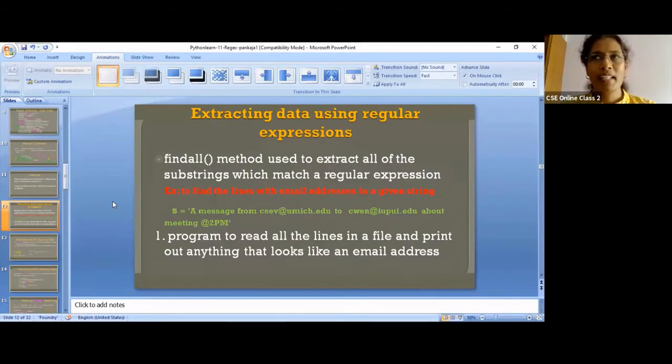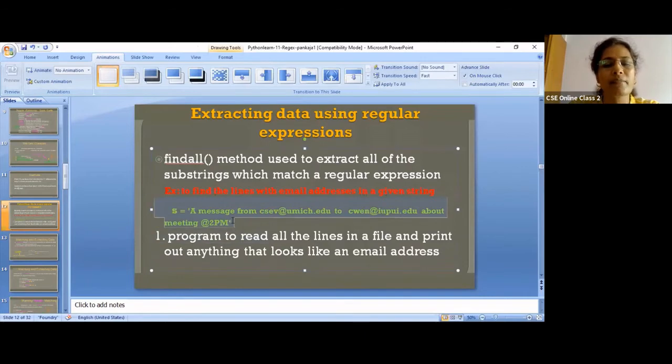Till now, what did we see? We have used the search method, where you can search, find it and display, right? Now, what I want to do is extract data using a regular expression. So who does that job? The extracting job is done by the findall method supported by the re module. Now, from this text, I'll just copy it and paste it in this.